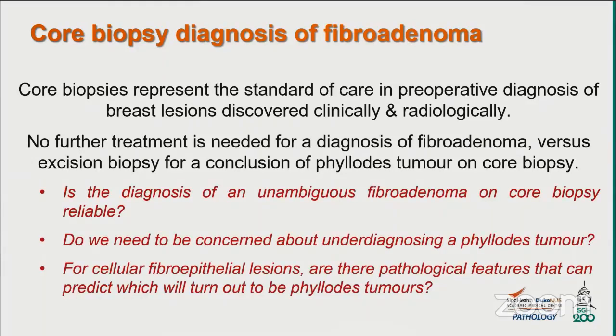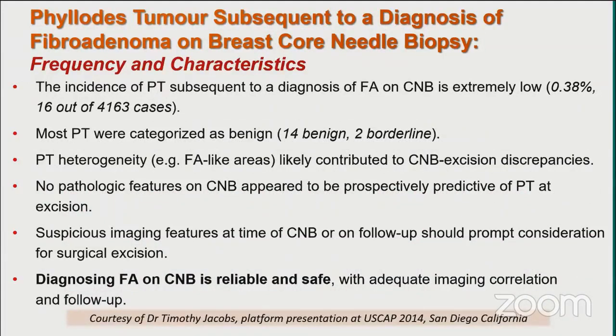So there have been some questions that are posed. They include, is the diagnosis of an unambiguous fibroadenoma on core biopsy reliable? Do we need to be concerned about underdiagnosing a phyllodes tumor? And for cellular fibroepithelial lesions, are there pathological features that can predict which will turn out to be a phyllodes tumor on subsequent excision? So this is a study from 3 centers which was presented some years ago at the